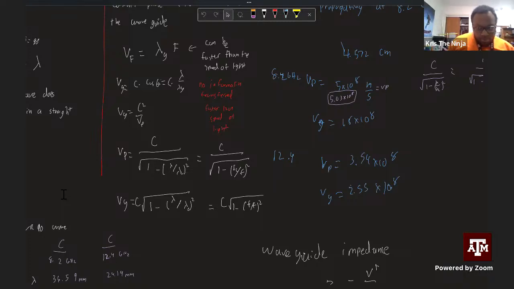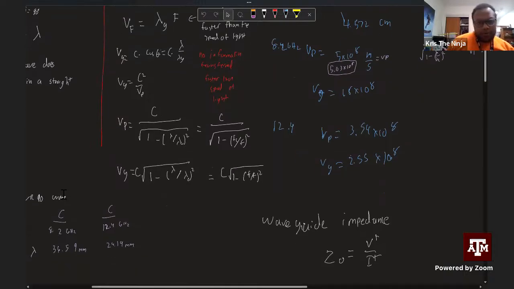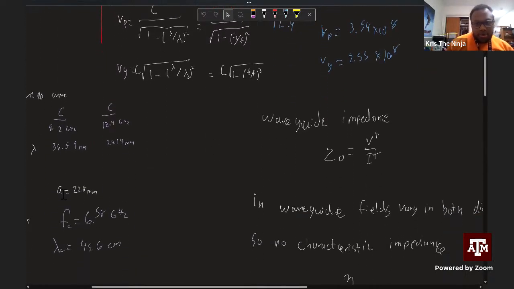That gives us, I think, 1.7. Oh, wait, yes, it does. 1.790. 3 times 10 to the eighth. Then you do the same thing for 12.4 gigahertz, and that gives you